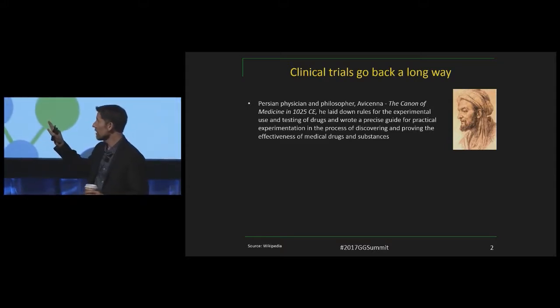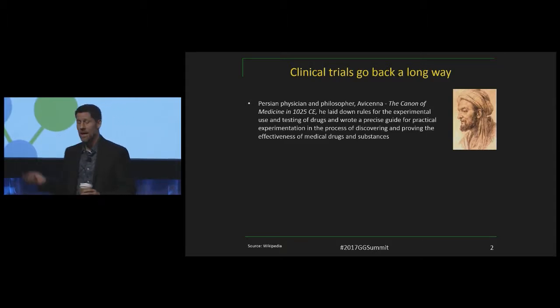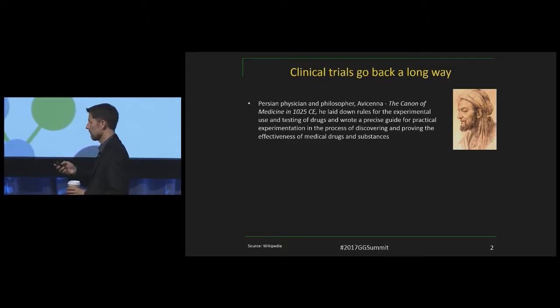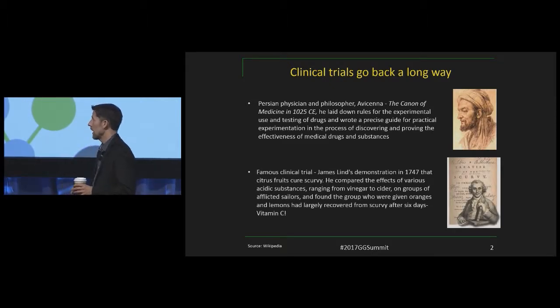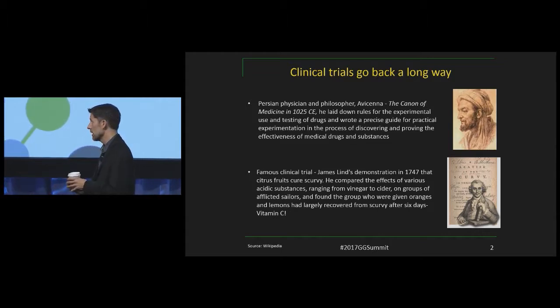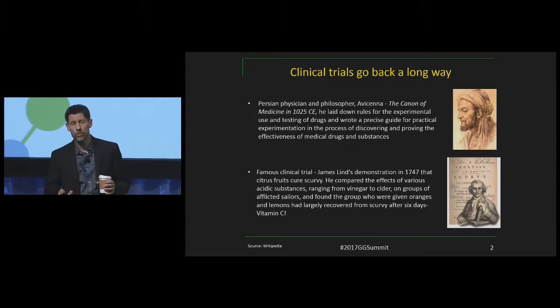So again, from the Persian physician and philosopher, going back over 1,000 years ago and more, clinical trials were something that was known, that you wanted to try an experiment in medicine to make patients better, right? And then there's the famous clinical trial about citrus fruits and scurvy, because if you get scurvy, your teeth fall out. Somewhere along the line, they found out that if you had vitamin C on board, you would be able to recover from scurvy, and that's one of the reasons why people brought oranges and limes and lemons onto ships.